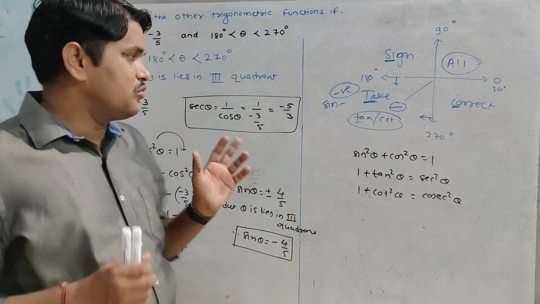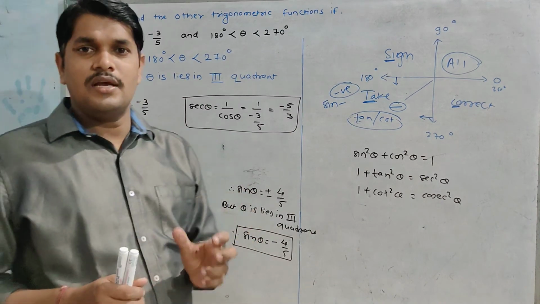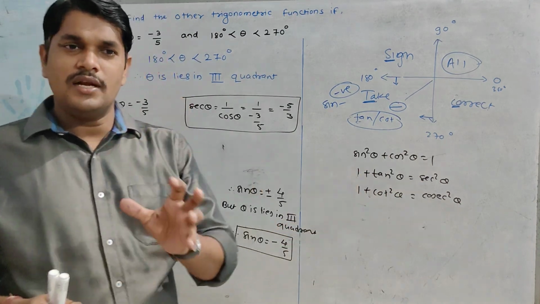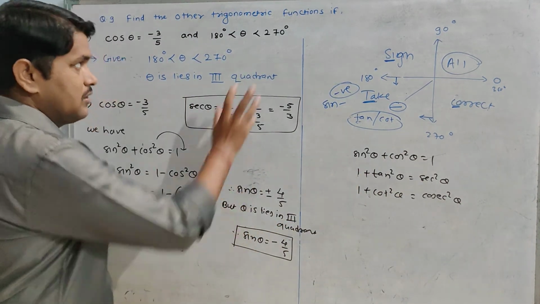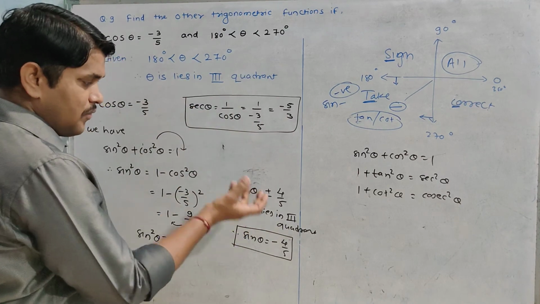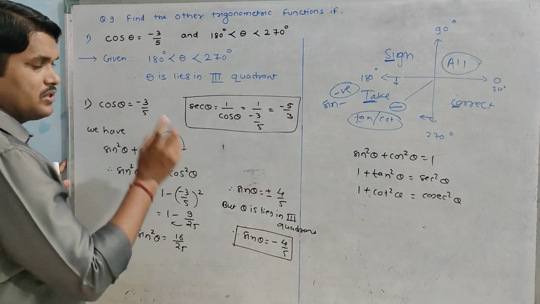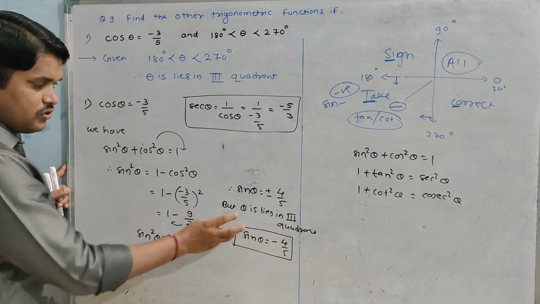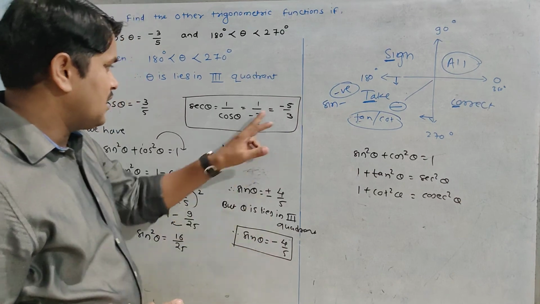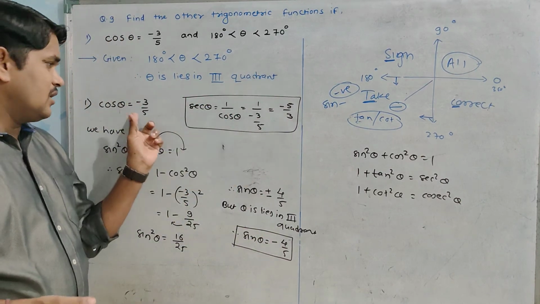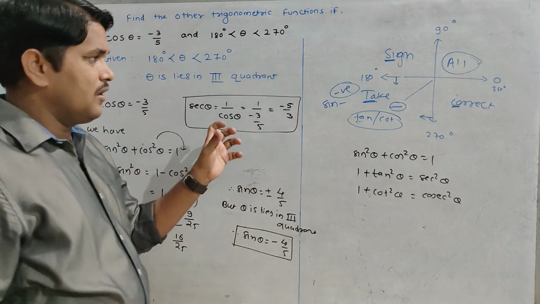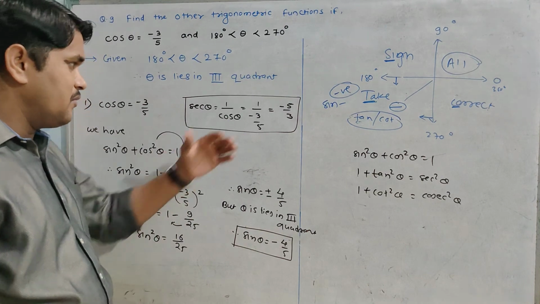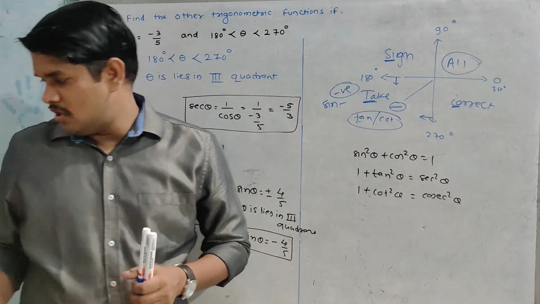ज्यावेळेस आपल्याला कंडिशन कधी यूज करायचं, प्लस आणि मायनस किंवा क्वाड्रंटचा यूज कधी करायचा आहे, when we are using this identity, then we have to use these conditions. That is, we have to use the theta, where theta lies in which quadrant. So ज्यावेळेस theta ते कुठल्यातरी क्वाड्रंट मध्ये असेल, and when we are using the identity, then we have to use just this plus or minus sign. बघा इथे आपण यूज केलंय का साइन जे आले आन्सर ते ऍज इट इज लिहिलंय. इथे आपण काही यूज नाही केलं की थीटा कुठल्या क्वाड्रंट मध्ये आहे ते बघत नाही. कधी बघायचं आहे, when we are using the identity, then we have to take that plus or minus.